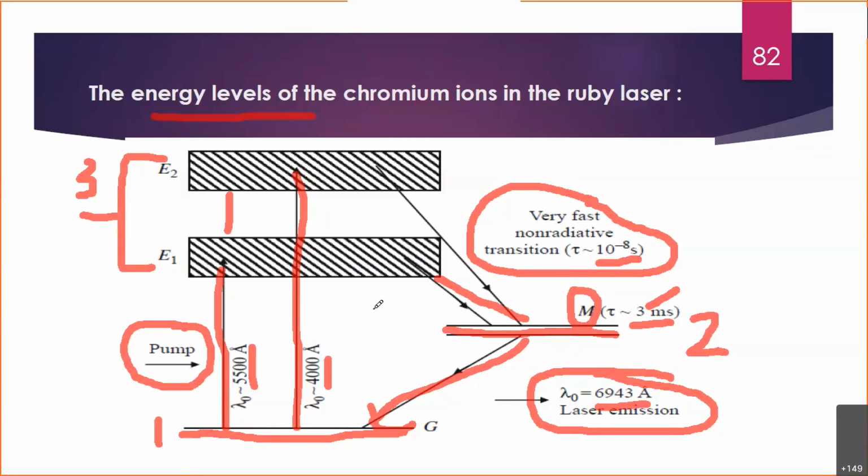Okay, because the scientist Maiman, who performed this setup, got this number. Why? Because this 6943 angstrom is nothing but the energy level difference between these two. So you find out the energy corresponding to this difference between level 2 and level 1, and you find out the wavelength that comes out to be this one. Now remember, this number can be changed if this energy level is either increased or decreased.